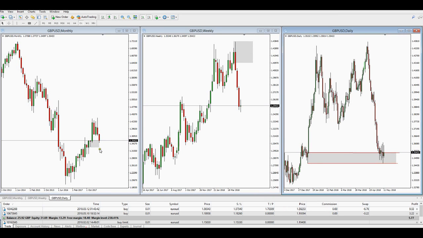Pound dollar hitting this nice demand level. Too many candles here, but nevertheless demand is in control, not the strongest, but price is into an area, and I did map this level out. I wasn't going to trade it based on the fact that the timing's slightly out here, but I'm watching it.